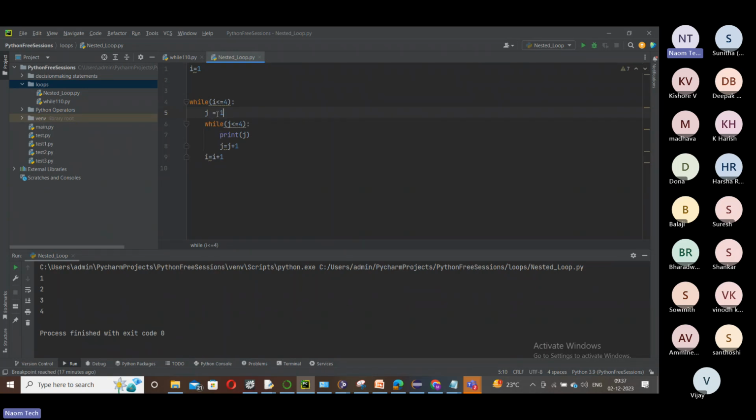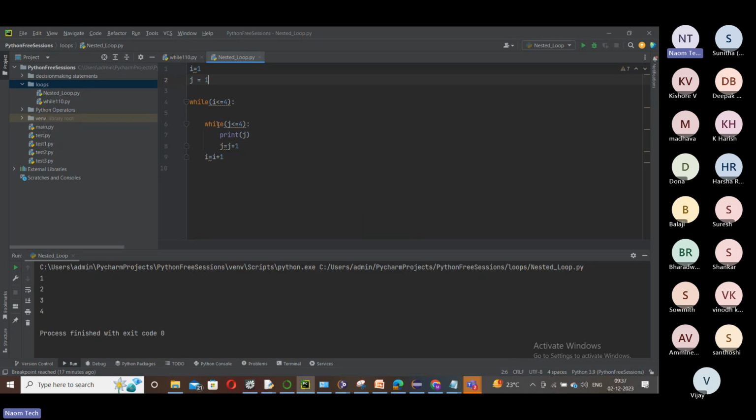But if j is declared as a global variable, then the previous value of j is 4. Even though i is set to 2, it will check with 4 itself. 4 less than or equal to 4, is it true or false? It is false.